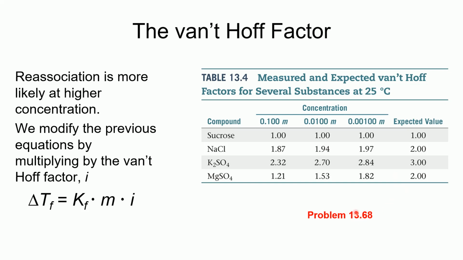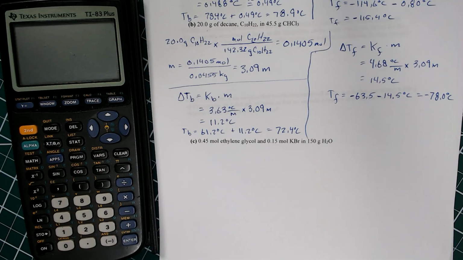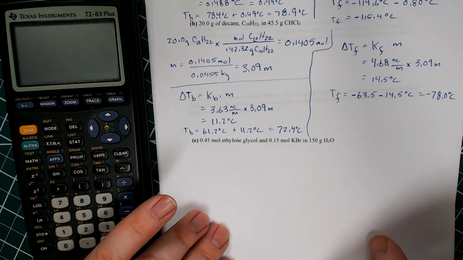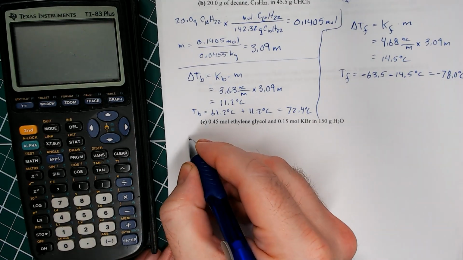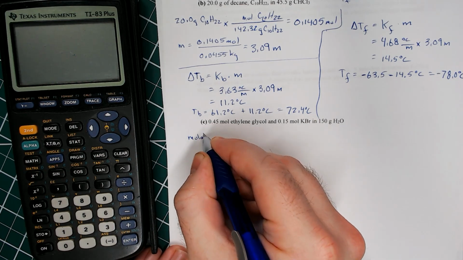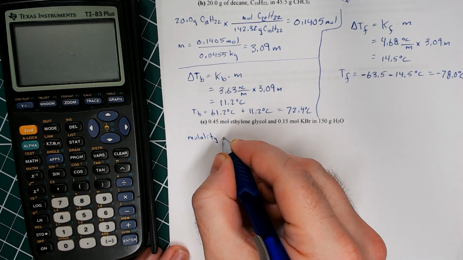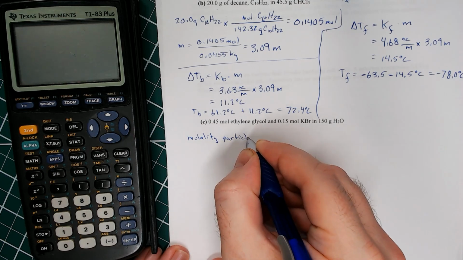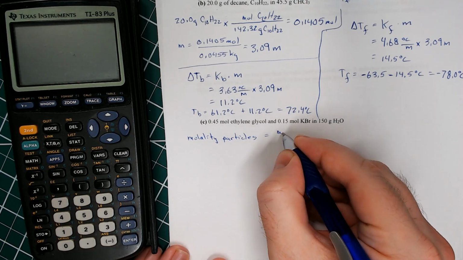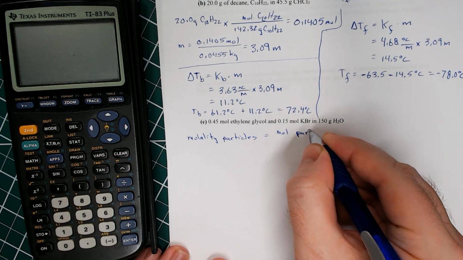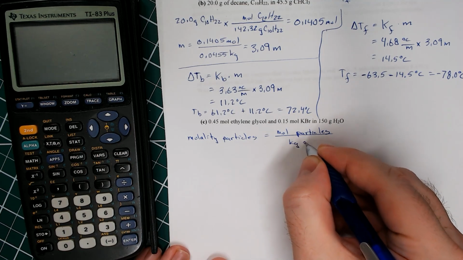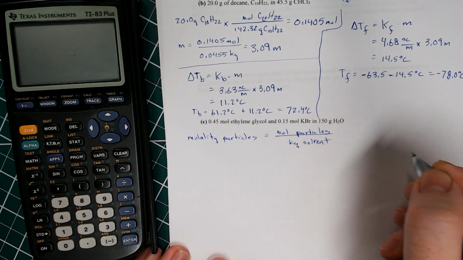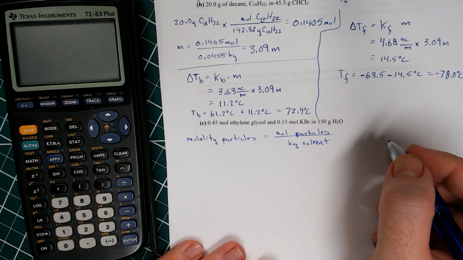So let's do the last part of number 68. And the way that I want to think about this is that the molality of the particles is going to be equal to the moles of particles divided by the kilograms of the solvent. Well, the moles of particles,